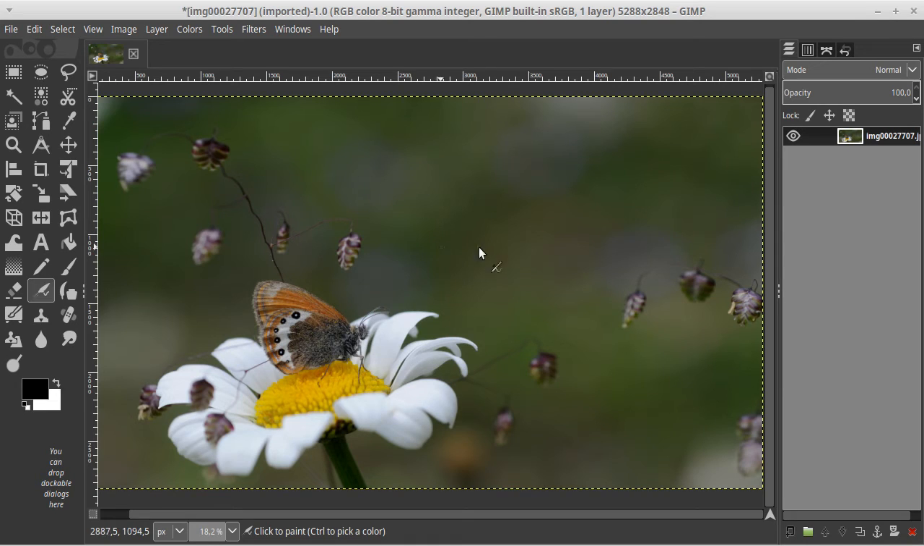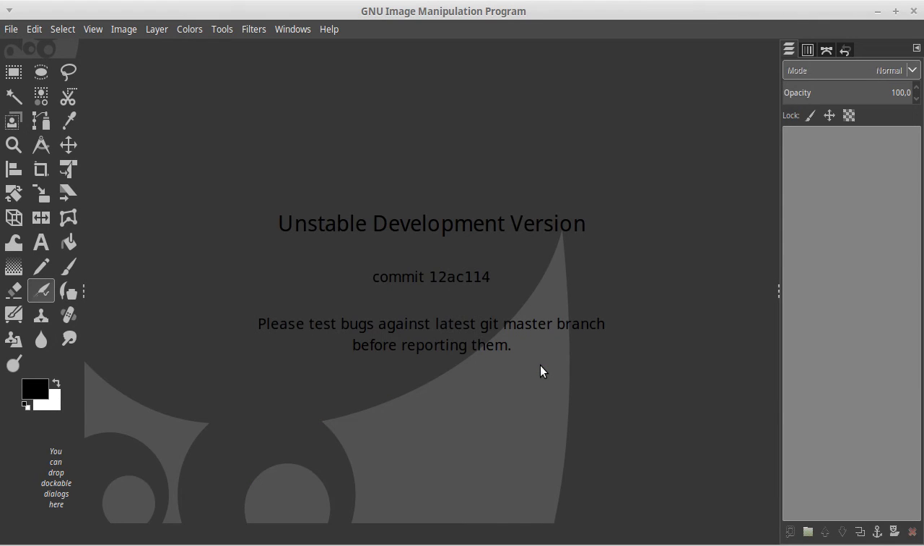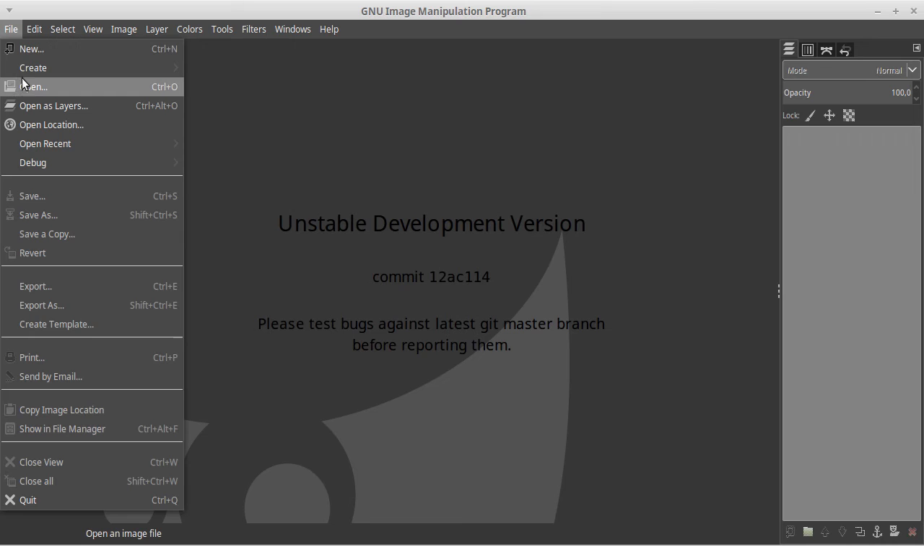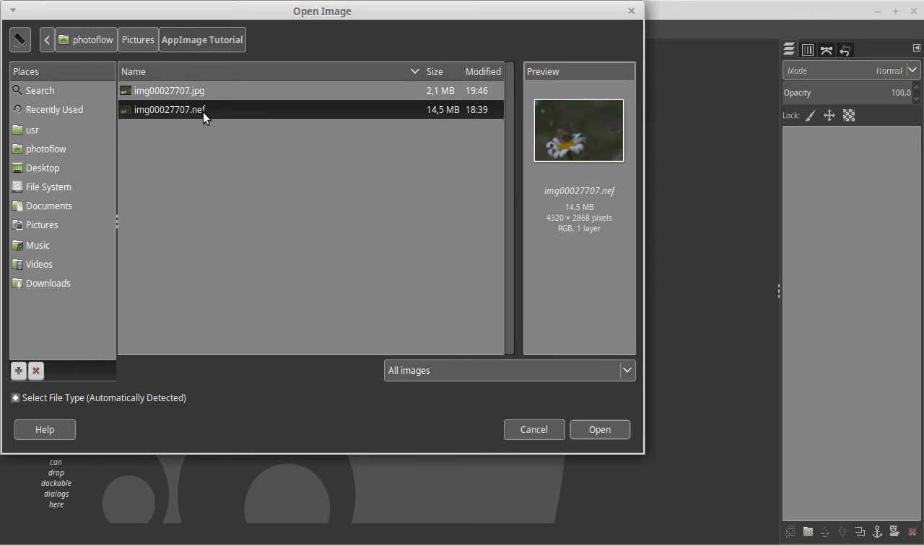This GIMP AppImage is also providing a plugin which is called PhotoFlow, and which can be used to, for example, open and process raw files and then get them included into GIMP. So let's make an example. I will go there, and instead of opening a JPEG file, I will open a raw file in NEF format,